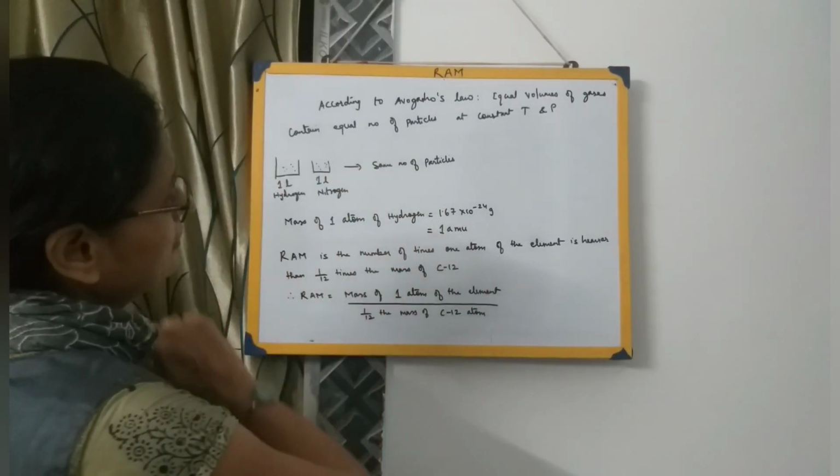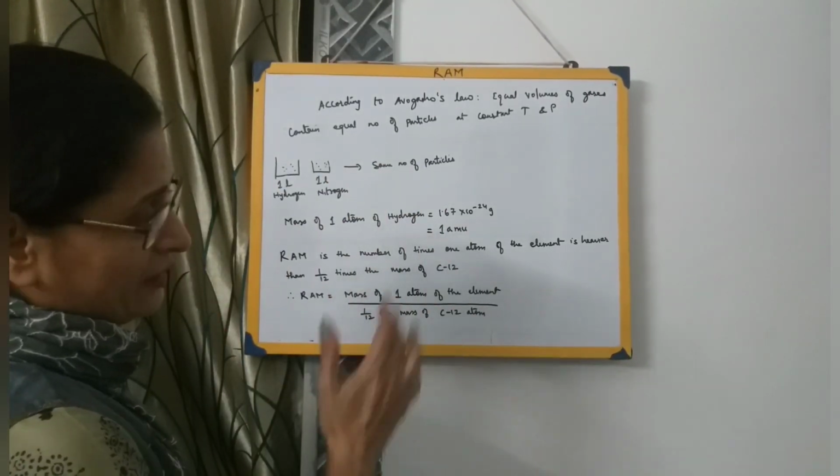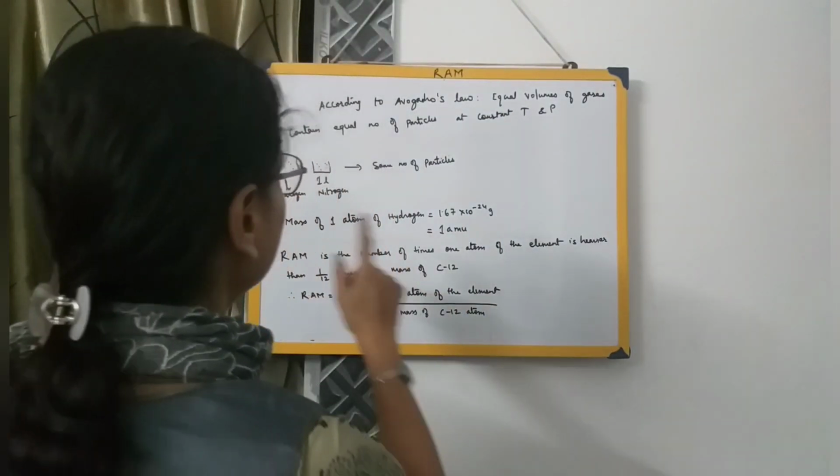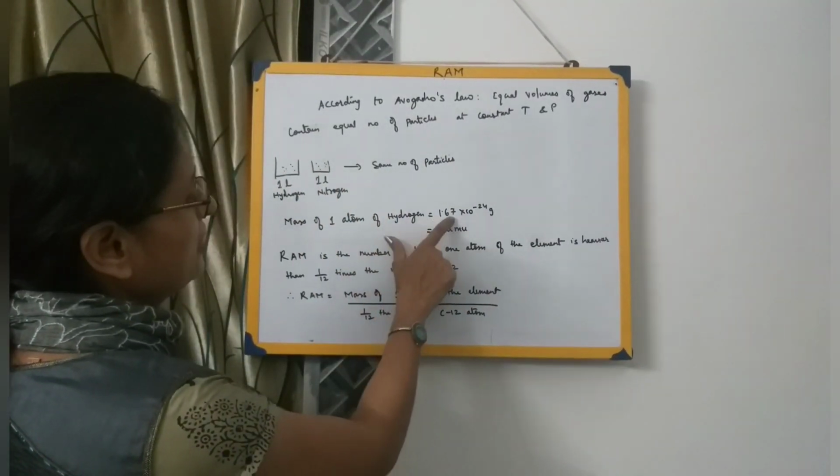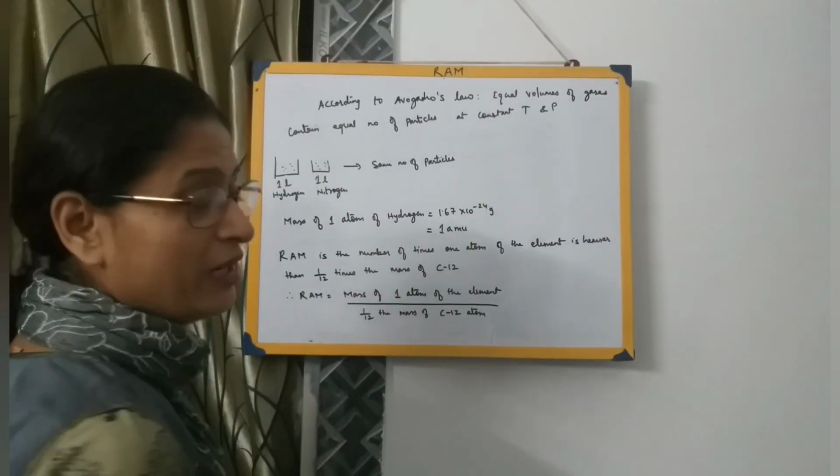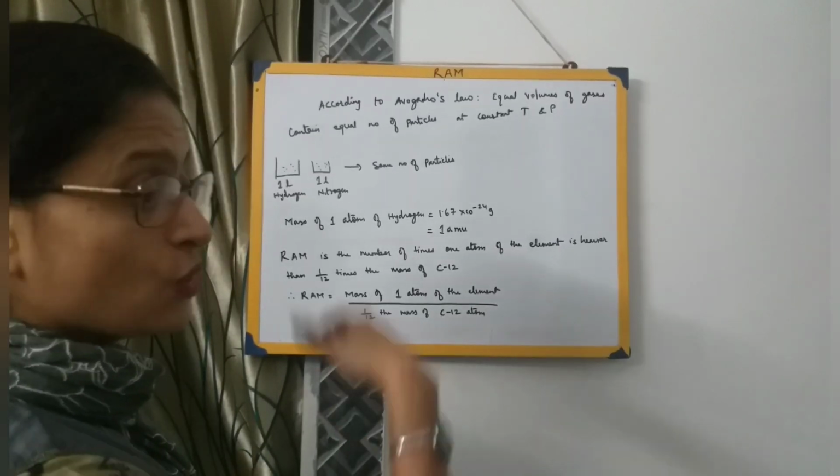So this was another thing which was related with the atoms. The scientists were finding it very difficult to calculate the atomic masses, so they were coming up with all these hypotheses. And the first one, as I already said, was that they compared the masses of all the other atoms with the mass of hydrogen. So the mass of one atom of hydrogen is 1.67 × 10^-24 grams, which had already been found out.